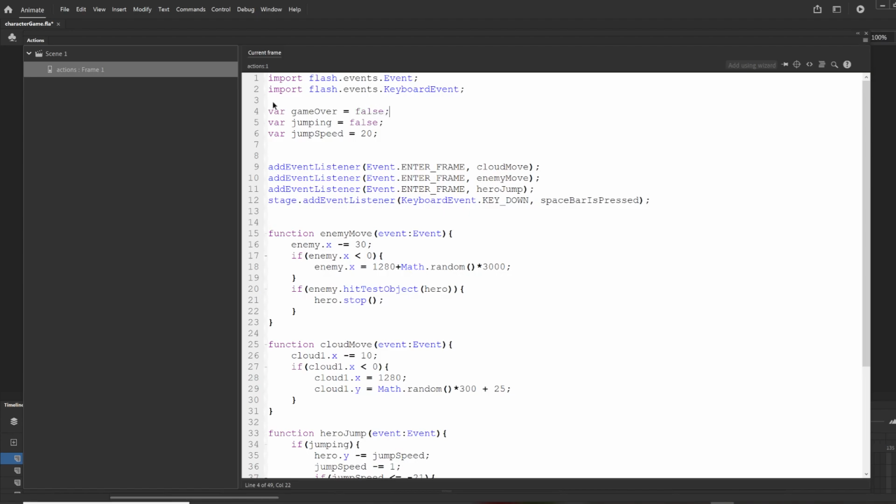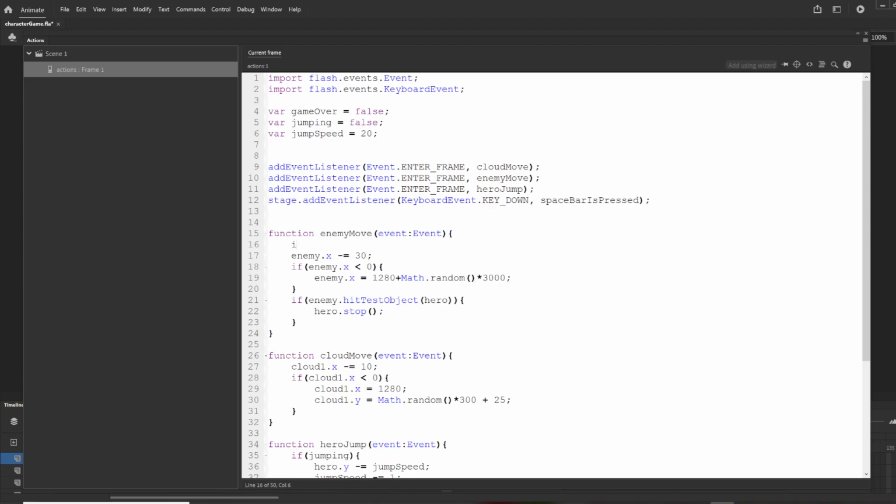Okay, now what I'm going to do is I'm going to wrap all this code in something that says basically if the game's not over. And when he hits the player, the game is going to become over. So it's going to say if gameOver. But one thing, if you have no experience with coding yet, if you put an exclamation point in front of this value here, exclamation means not. So if it's not gameOver, and I'm going to put the open curly bracket here,